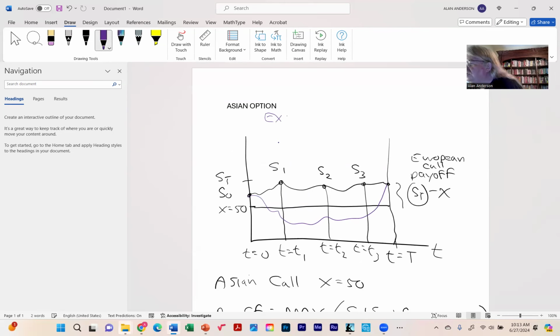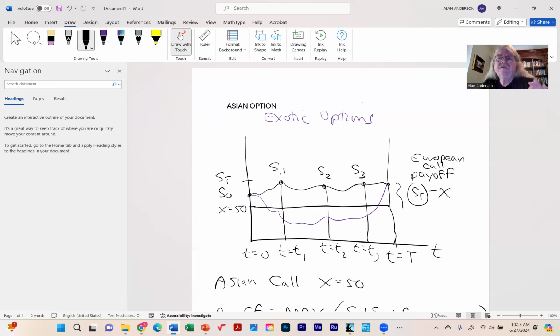And by the way, not all exotic options are path dependent. Okay, that's just a special feature of the Asian option, but all path-dependent options are considered to be exotic. Okay, so that's what that's all about. And there's so many others. If you look at the slides that I posted, you'll see there's some really bizarre ones, and pricing them is a real challenge. But you might remember that we did discuss right up front that